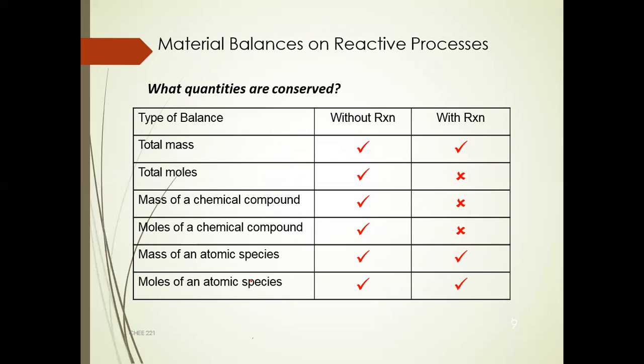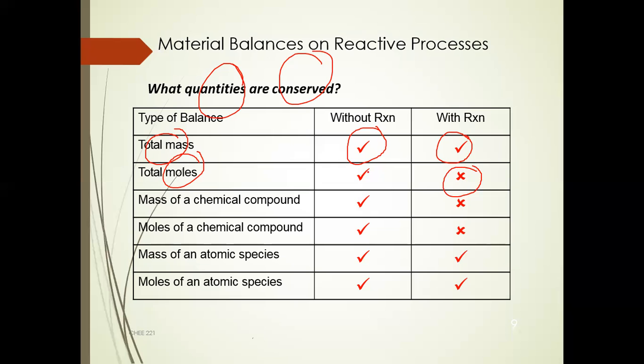If you have to study the complete material balance for a reactive or non-reactive system on any chemical plant or physical plant, then you have to keep all these points in your mind before proceeding to equations. So what quantities must be conserved, what must be constant during any chemical reaction process? First of all, you have to apply the mass balance, because for both reactive and non-reactive systems, mass balance remains conserved. But when we talk about the total moles balance for a reactive system, the moles balance can never be equal, but the masses will be equal to each other.